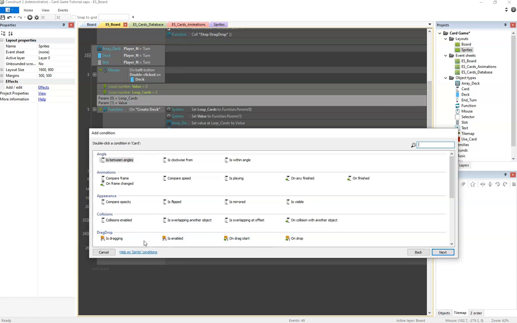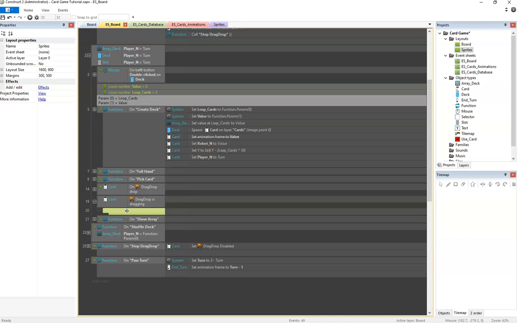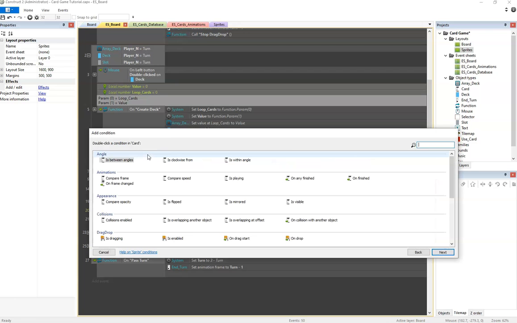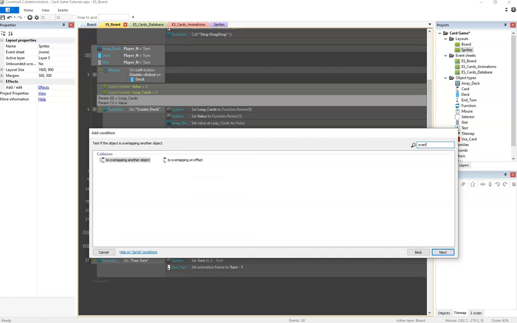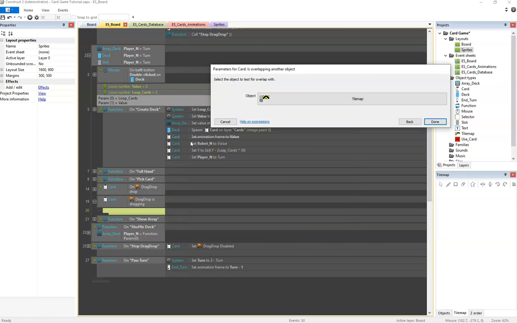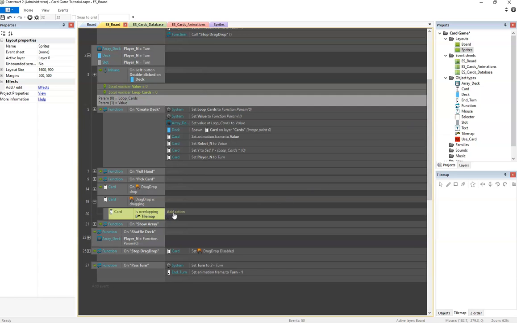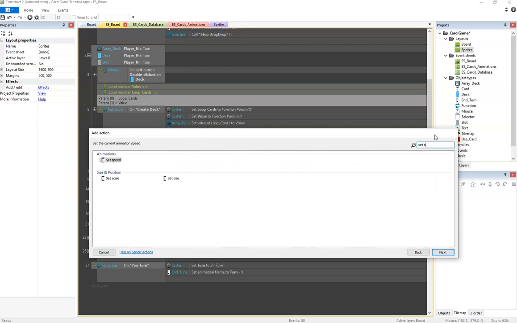Okay, and we say card is dragging. So while this is happening, in the time that you drag the card, every tick is making this check. So we make another sub event, and we say if card is overlapping another object, and we are going to select the tile map. Okay, then we say card set size